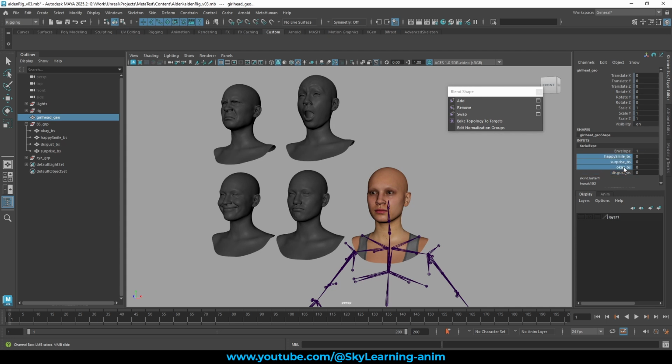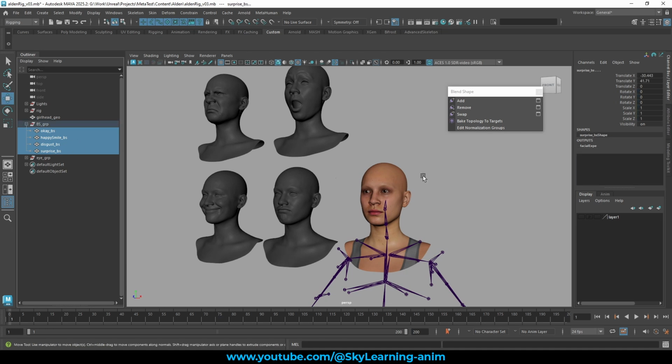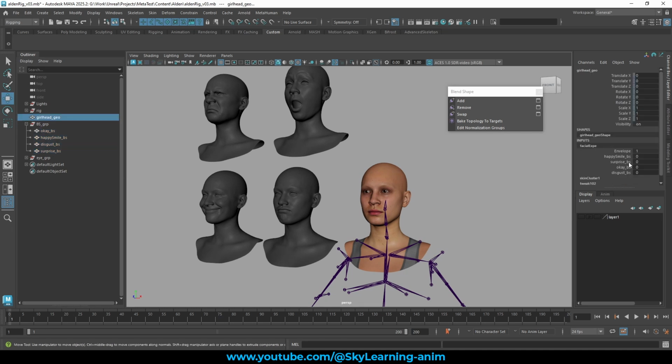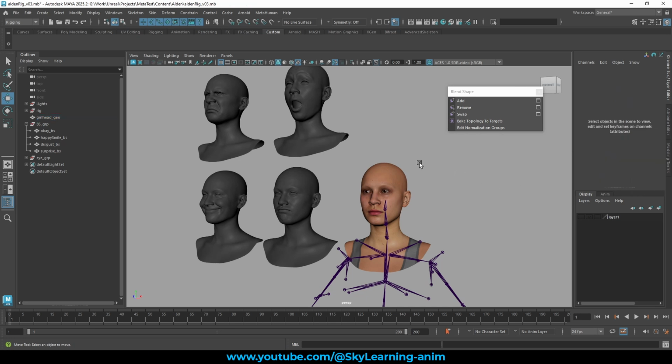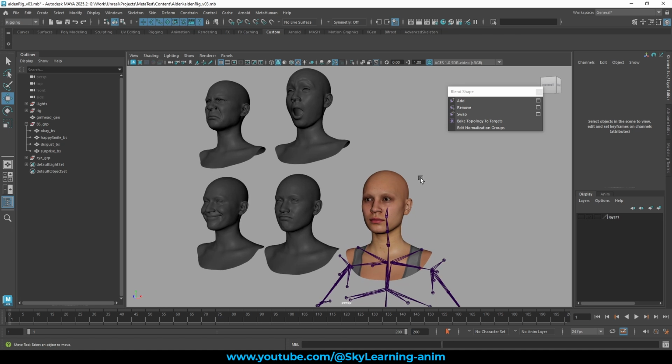So in this way, when we are applying the blend shape on the target mesh, we can just rearrange while selecting it, whichever we need, and it's okay whichever node will be on the top. The blend shape node being on top or bottom is totally fine. So now this is how we are going to apply the blend shapes, but now